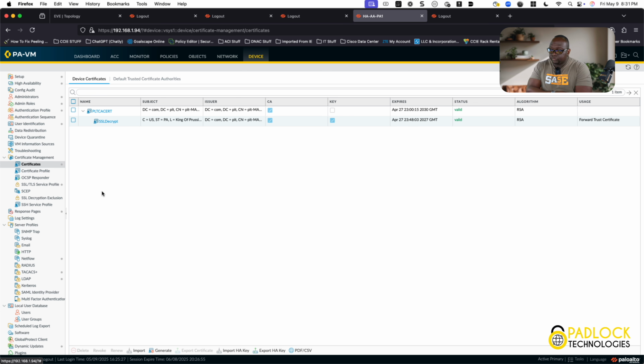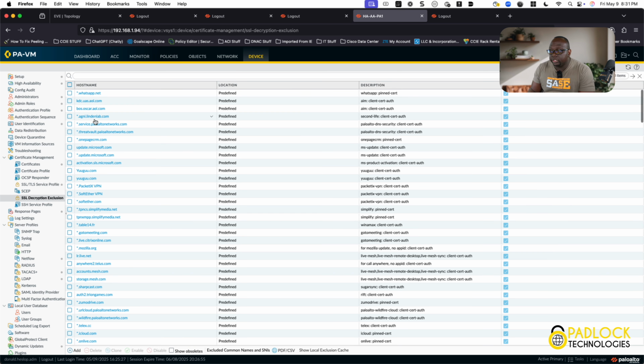Then you have a couple other things here. The main one that I want to point you to is this SSL decryption exclusion list. Pretty cool. Cisco has the same thing as well, but you can do your exclusions from here. So with this, you can do your wildcard and say, hey, anything that fits into this wildcard address, just exclude it